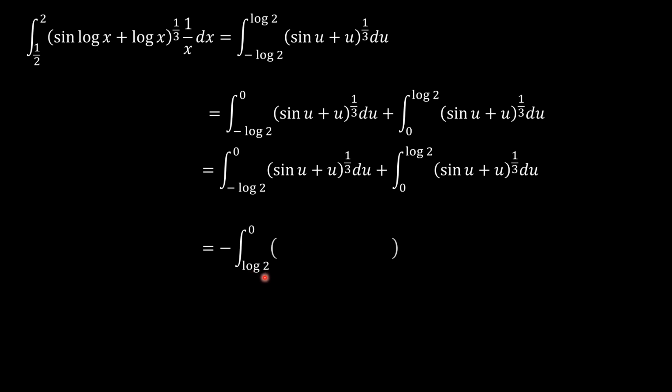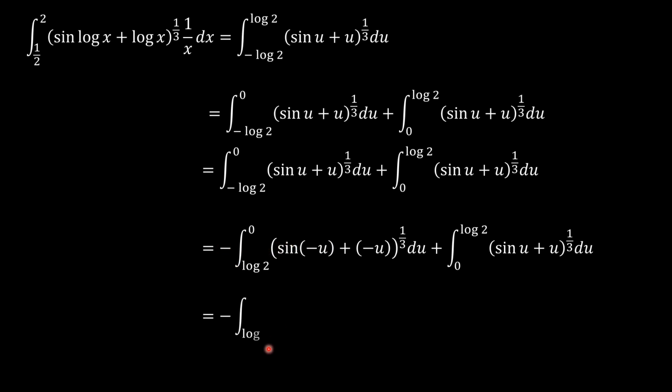So that means the lower limit just becomes log 2, and then the negative u under sine, and the negative u here remains, and then the du, obviously we have a negative here. And then what happens is that sine of negative u is negative sine u, and this negative, so the entire negative could propagate out of the bracket and cancels with that, and so we still have a negative out of the bracket here. This negative multiplied by this negative becomes a positive,